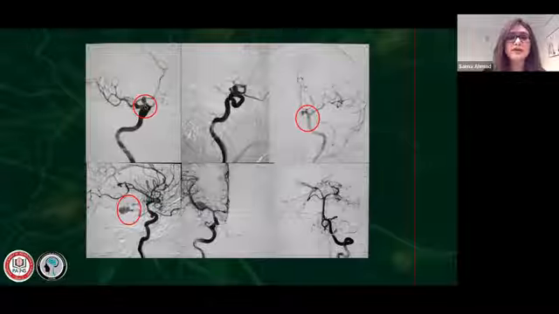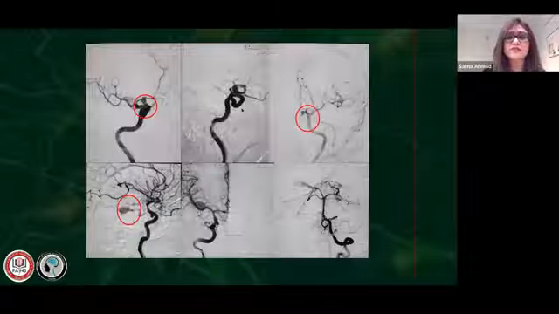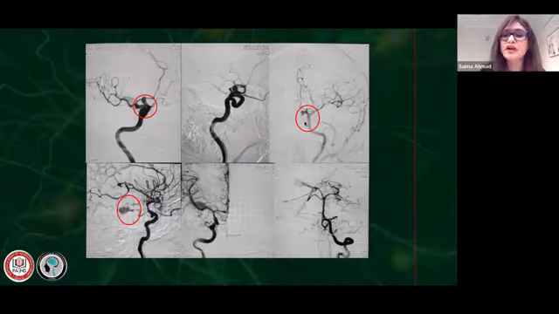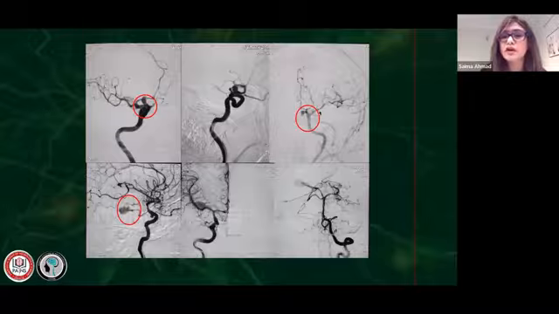So this is the paraclinoid aneurysm. It is along the clinoid segment, and it is intradural. This is AP and the lateral view. The next is a peculiar type of aneurysm. This is the superior hypophyseal artery aneurysm. And it is always medial and inferior, opposite to the ophthalmic artery aneurysm, which is not here, which is